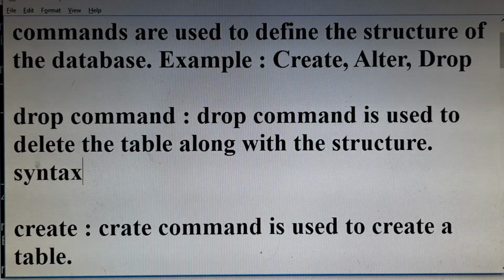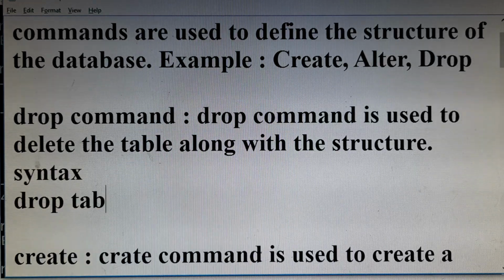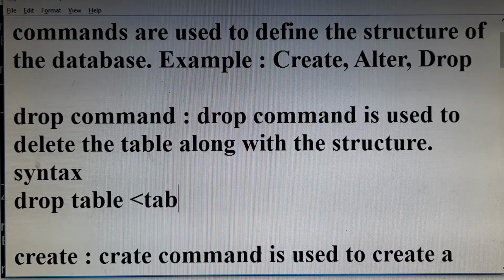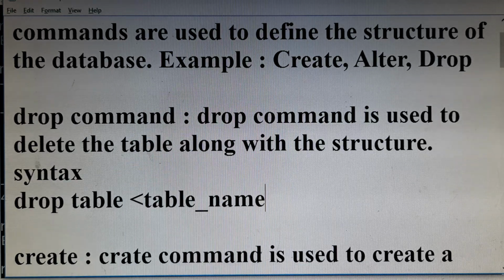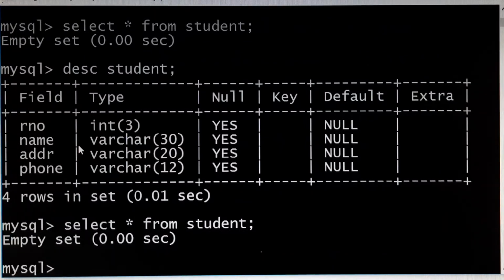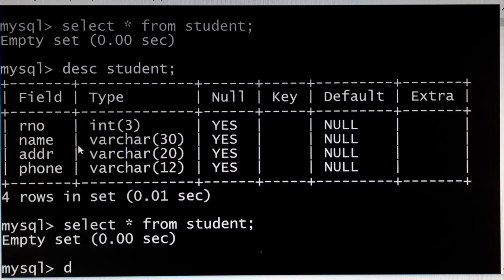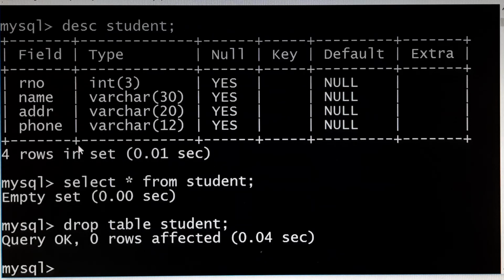So syntax is drop table name. So this is the syntax: drop table student. So this command will delete the table permanently.